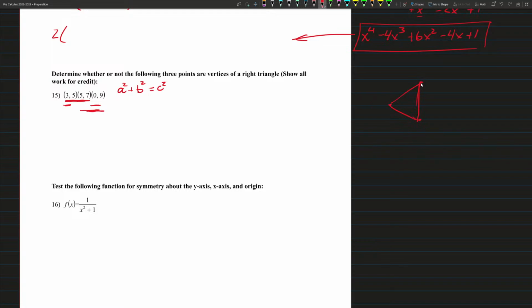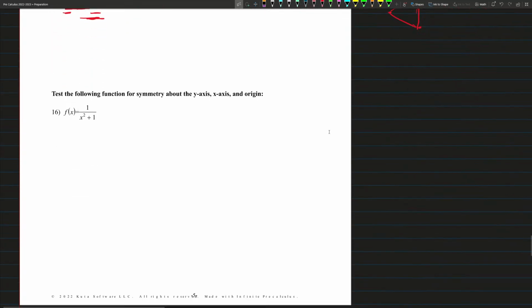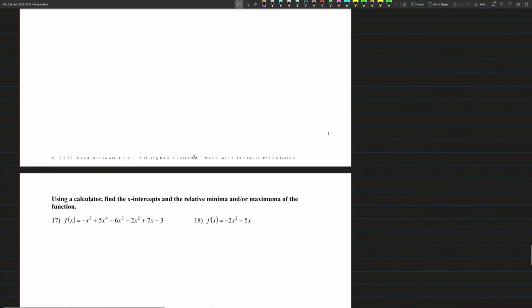Okay, again, this wasn't changed. I don't think 15 or 16 were changed. I spelled this wrong. Anyway,